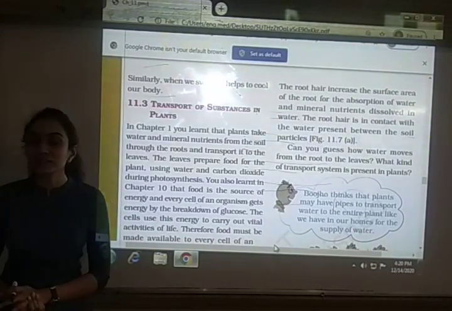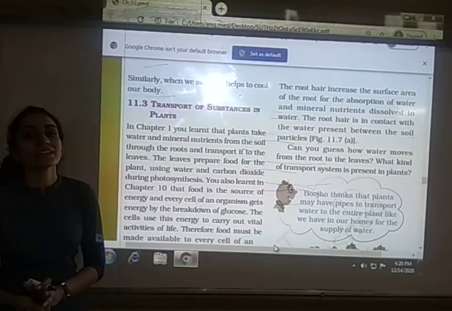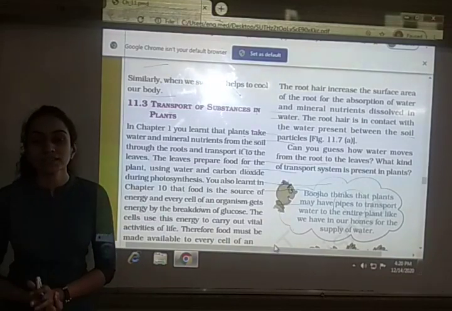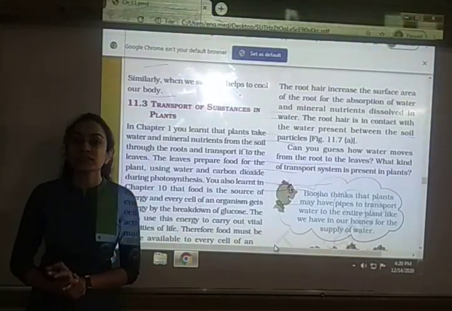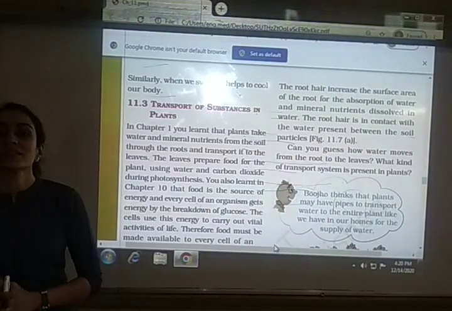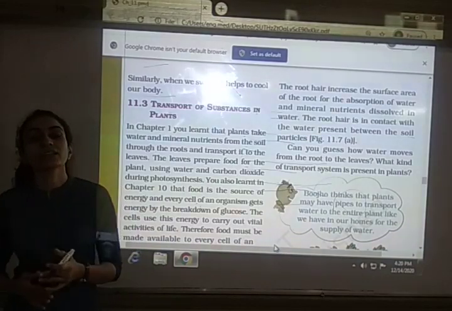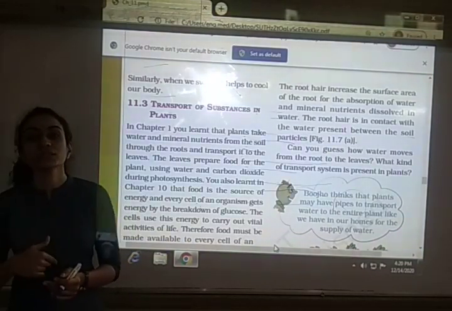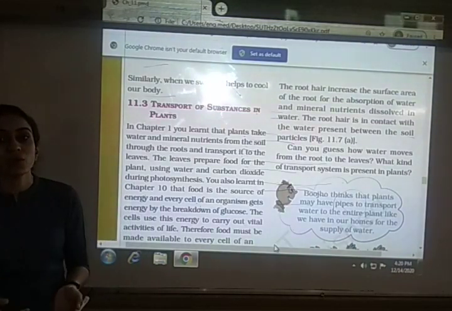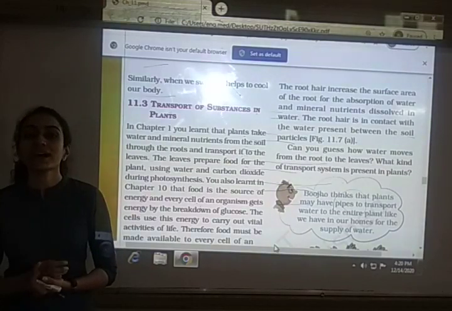So till now in this chapter we have seen the circulatory system in humans and the excretory system in humans. In the circulatory system we saw the different parts of the circulatory system. We started with the blood, the medium through which different substances are transferred to the different body parts, like oxygen from our nostril to the rest of the body, and then carbon dioxide from the rest of the body back to the nostril. During exhalation we remove the carbon dioxide.